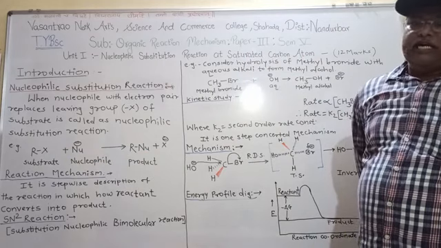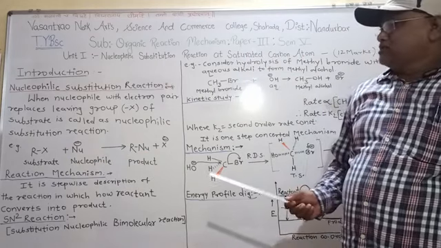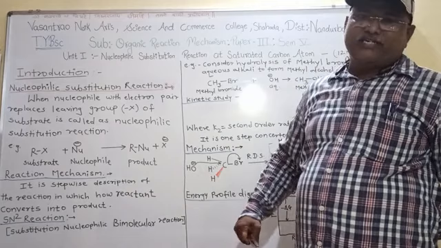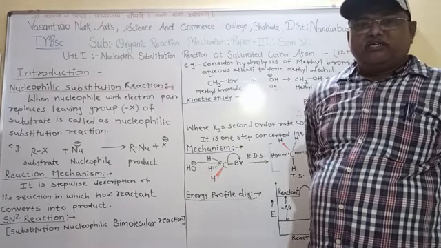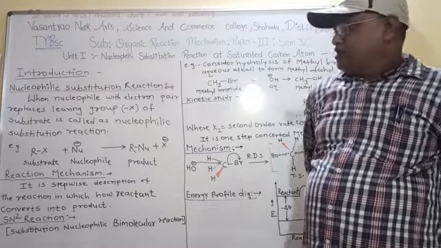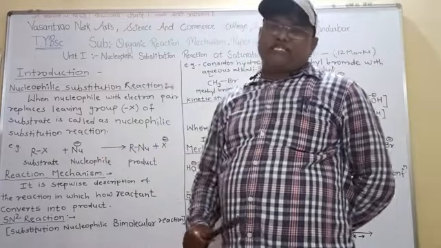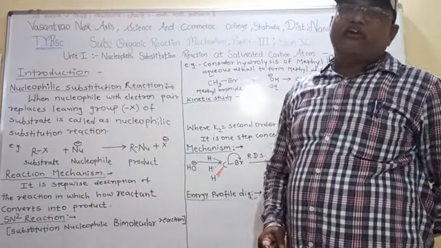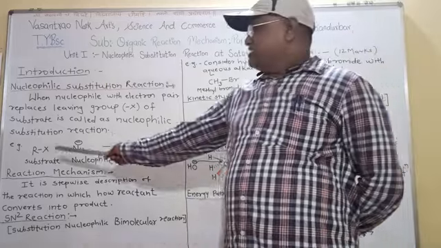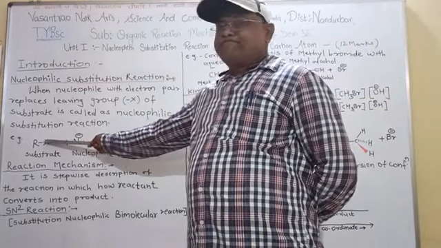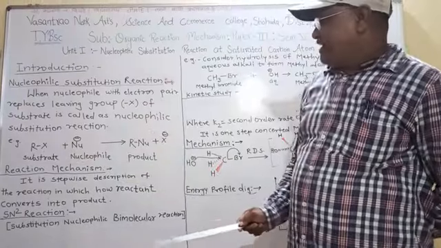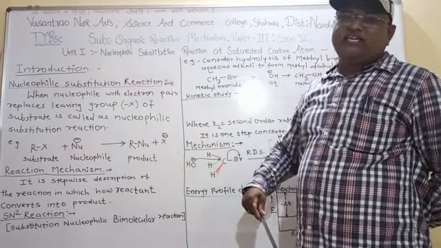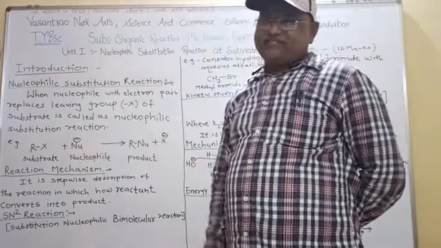reaction. Now this reaction has three components. One is substrate, nucleophile and product. Now we will learn these components one by one. Substrate. So what is meant by substrate? Substrate is the compound in which the functional group changes. Now in this substrate, the functional group is halogen, and when the reaction is completed, this halogen functional group changes here, and therefore this is called as substrate.